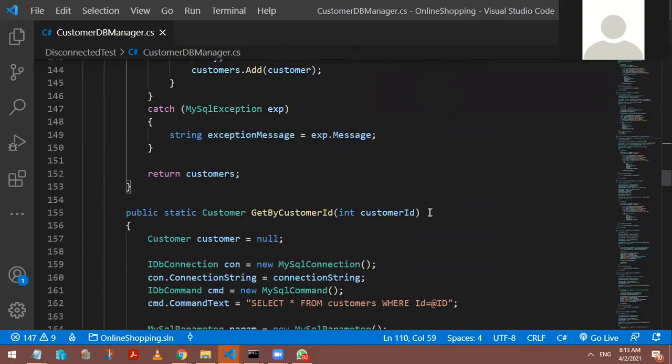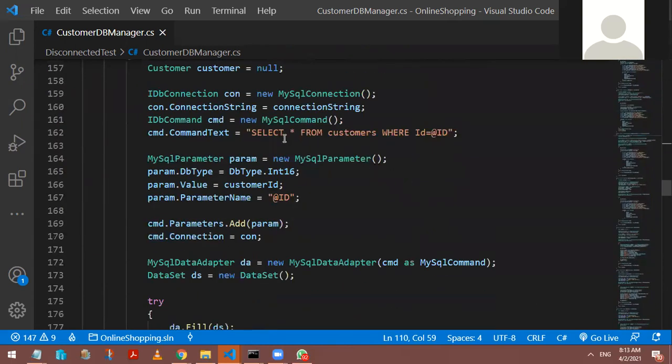Yes. We also used get customer by ID, where I showed you the parameterized query and how we can write it. For this also, we can use the SQL parameter object and specify more information. What is the type of this parameter? ID. Is it integer? Is it a date? You can define that extra metadata also, and you can give the value. In the previous example, we were only giving string values.